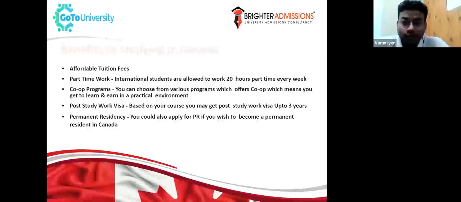So in this case, you don't need to feel that you cannot go. Yes, of course you can go, but not for the master's degree or MBA program directly. If you have 15 years of education, you can take the pathway, which means you can go for the PG diploma program for 1 year to fulfill the requirement of the 16th year, and then you can do your master's or MBA. After your 1 year of PG diploma program, you have two options. Either you do your master's or MBA in Canada, otherwise you take the work permit, because you are eligible for a post-study work visa after your PG certificate or PG diploma of 1 or 2 years, and you can start working. So you have both options in hand, right?